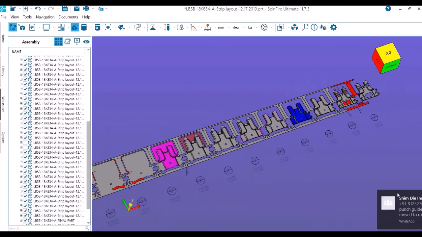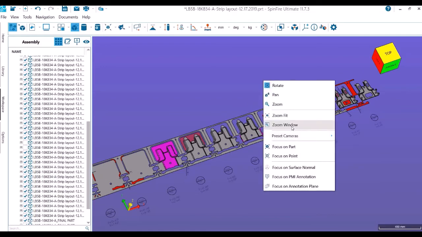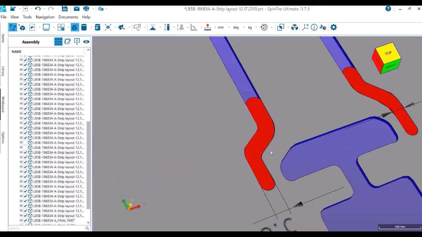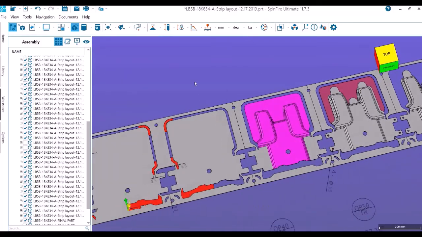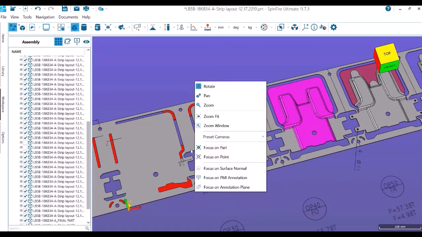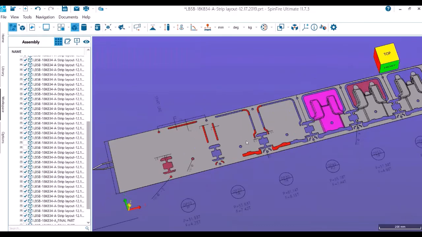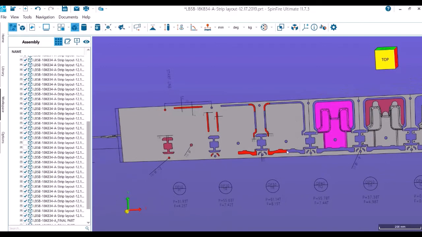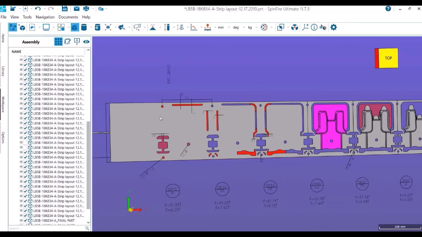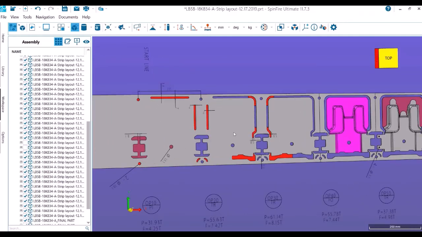Now let me take you from the very first station. Okay, so as I was explaining, in the first station we have 2 pilot pierces and one more, so three pilot pierces. These 3 pilot pierce holes are carried forward at 235 because that is what our pitch is.